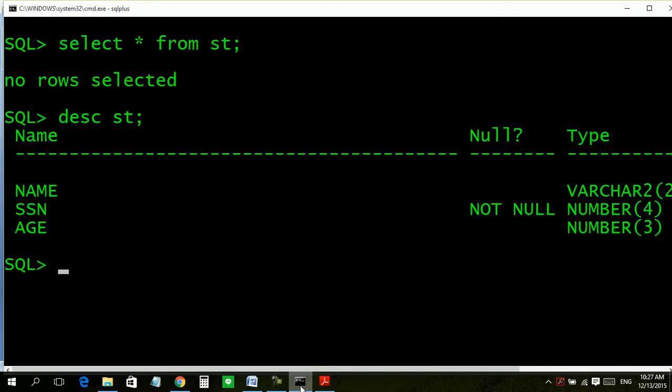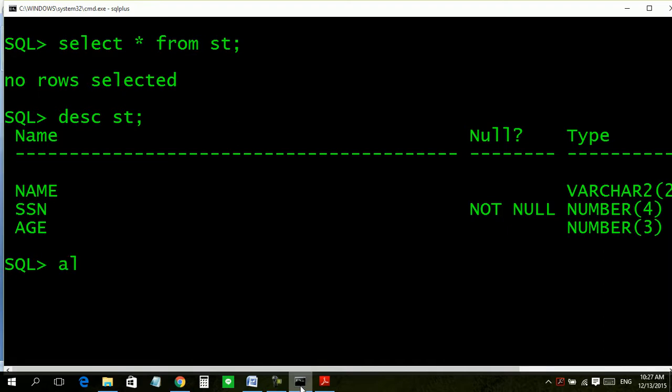For example, we want to add a condition that for the record we are going to insert in this table, the age of the student must be greater than 21. How can we implement such a thing?